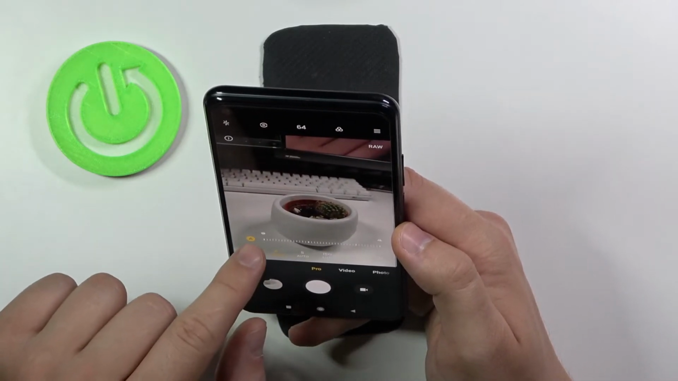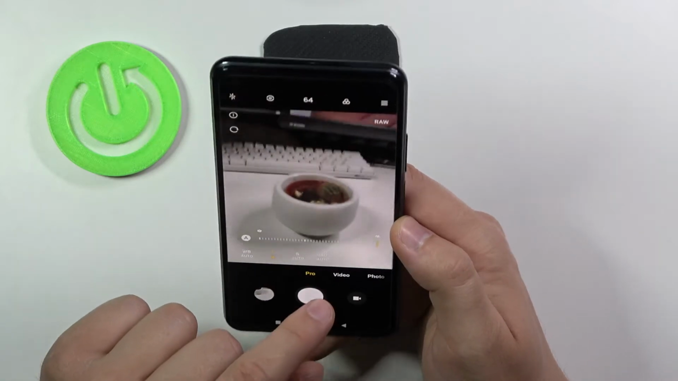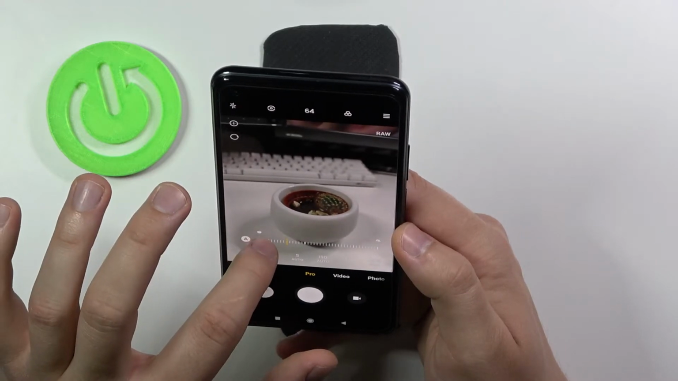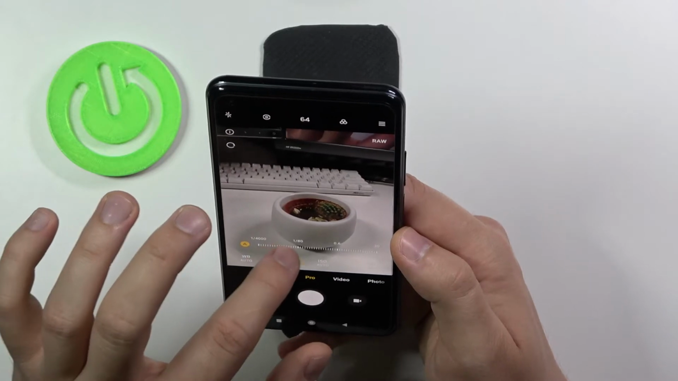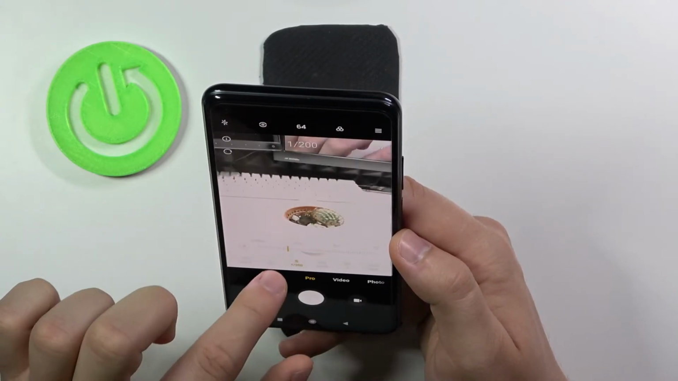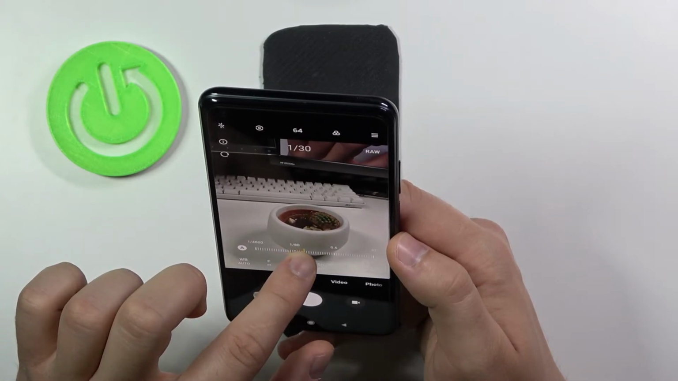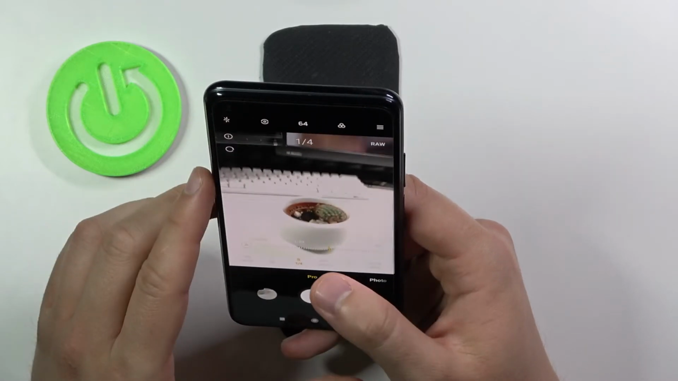Here we got the focus, so as you can see when you move it, right now we cannot catch the focus on the plant. If we want, we have to simply make it like that. Here we got the shutter speed. When we go like that, for example, for 1 second, we are able to let much more